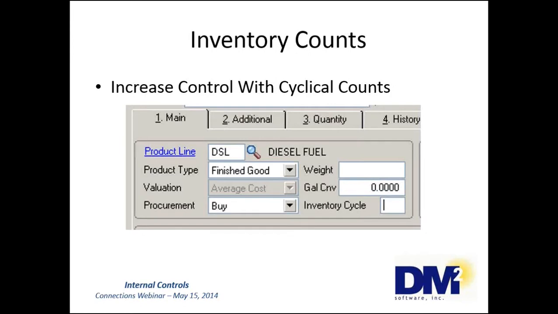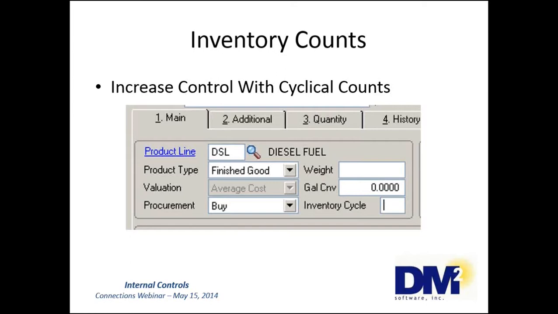It only makes sense that those items that have a greater quantity flow through your warehouse in your inventory would need to be monitored more closely. Cycle counting of our inventory allows you to schedule more frequent counts for those high-volume items. Again, intelligence tools can help you evaluate those items that should be counted more often because of their volume, and some of those may be adjusted for seasonality as well.